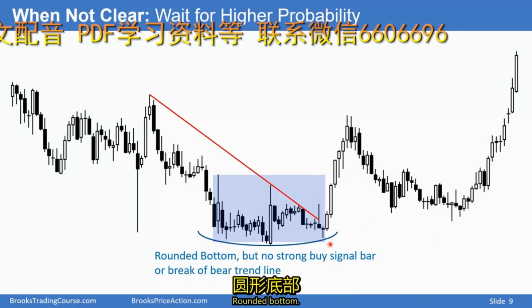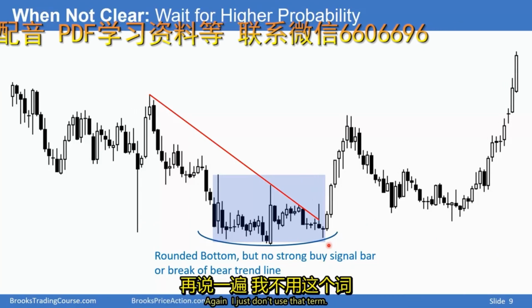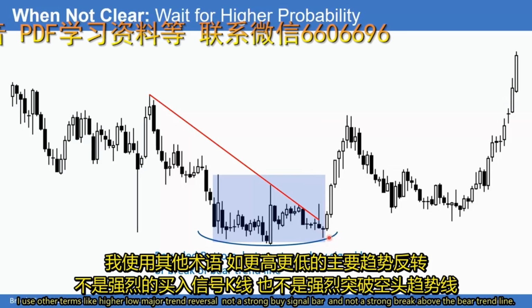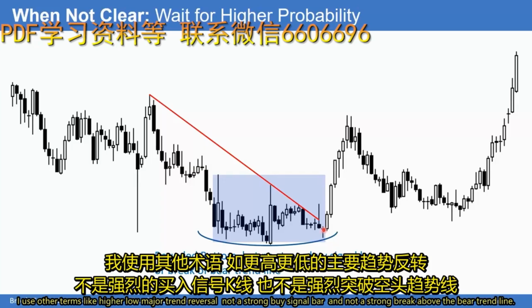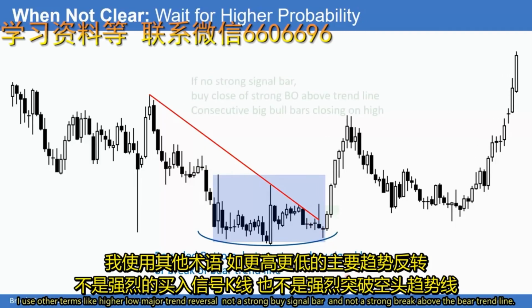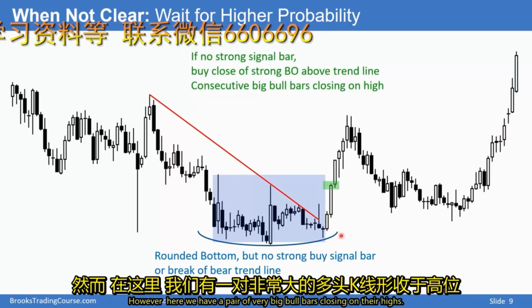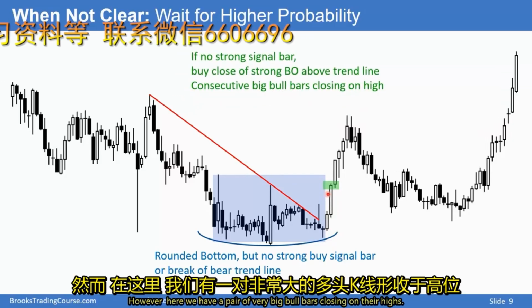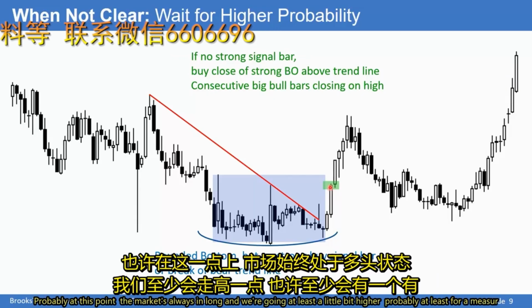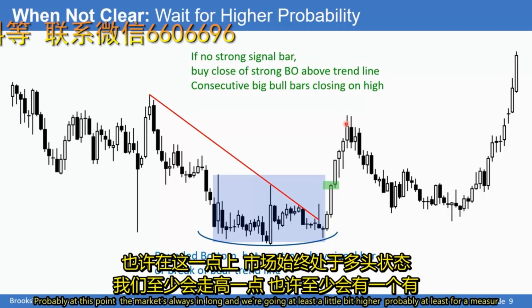A rounded bottom, again, I just don't use that term. I use other terms like higher low major trend reversal. Not a strong buy signal bar, and not a strong break above the bear trend line. However, here we have a pair of very big bull bars closing on their highs. Probably at this point, the market's always in long, and we're going at least a little bit higher,